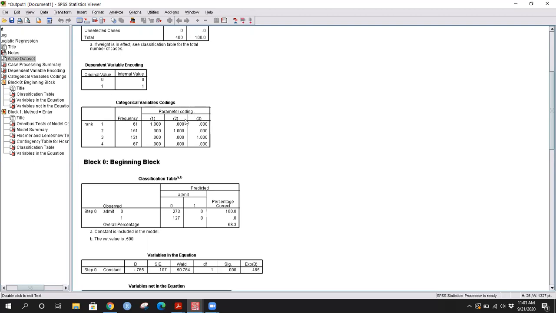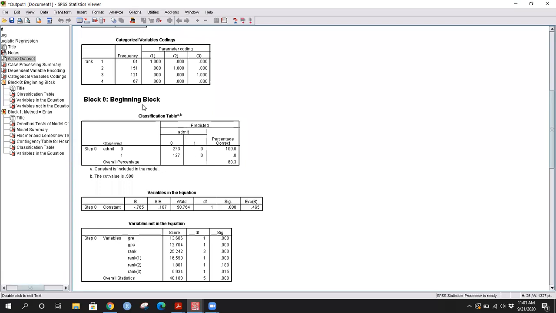Now, this particular table indicates that because your independent variable rank is categorical, it will be treated as a dummy variable. So on the independent variables, when you have categorical variables, you need to make it as a dummy coding. Dummy coding is done in such a fashion that you always introduce one less dummy in the data. So if you have 4 categories, you will introduce 3 dummies to indicate rank. So 1, 1 and 1 here means that for rank 1, 2 and 3, we have introduced the 3 dummies, and rank 4 has become my base category. Okay, the reference category. It's always like that.